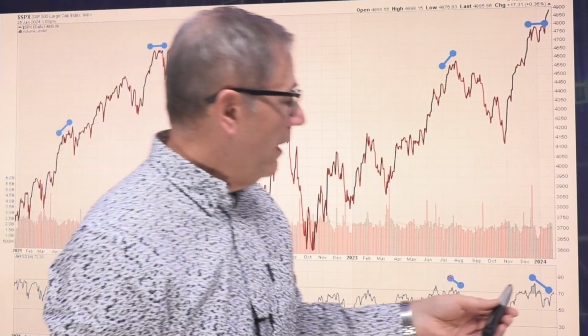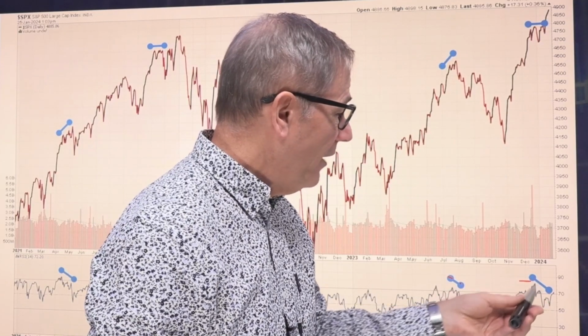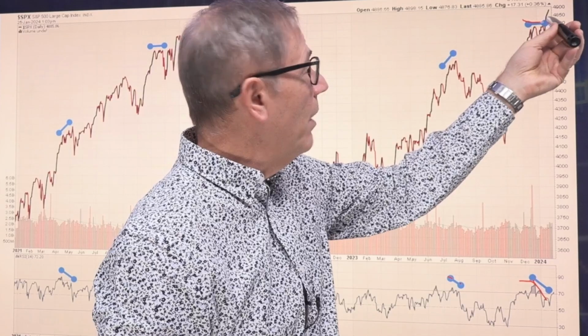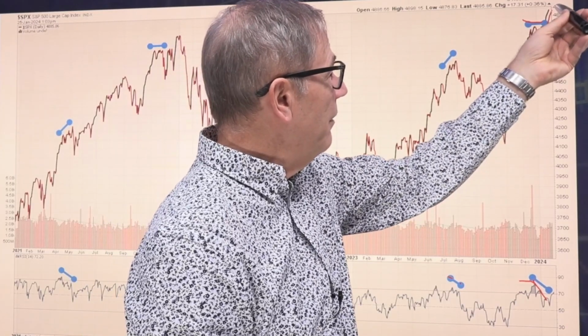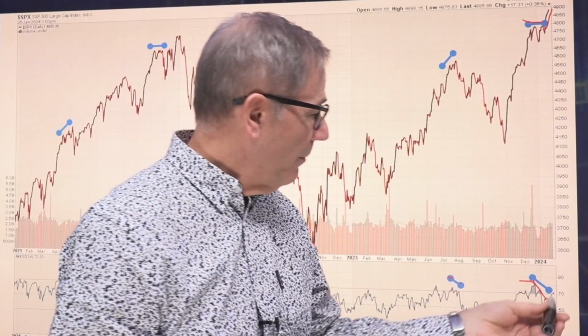And if we take a look at what's going on right now, we can see that the RSI became very overbought, much higher than 70. And then we saw it turn lower here in the middle of December. But at the same time, the S&P 500 was actually moving sideways. And then as far as the resolution goes, we saw the S&P 500 actually rally up from there, and we saw the RSI move higher. So this got resolved a little bit by the RSI moving up instead of the S&P 500 moving down.